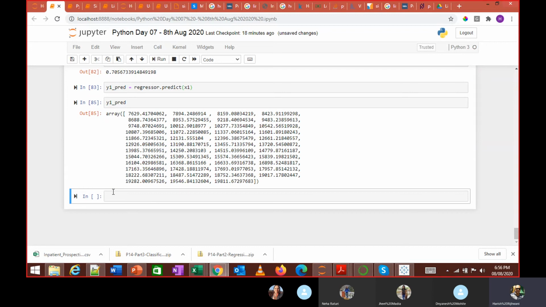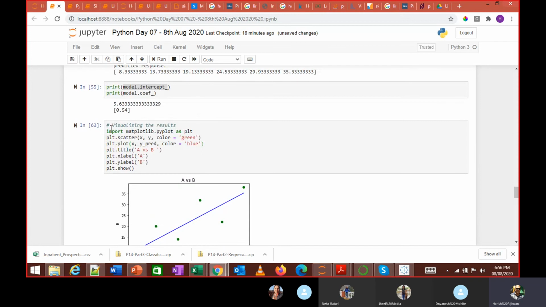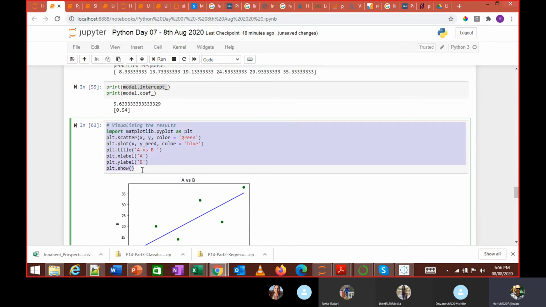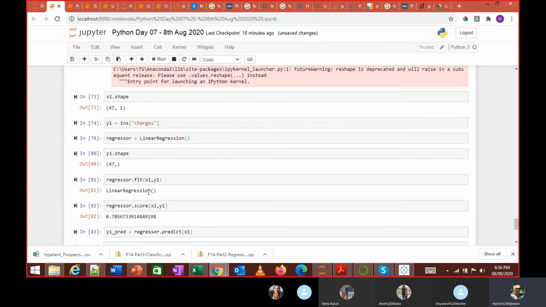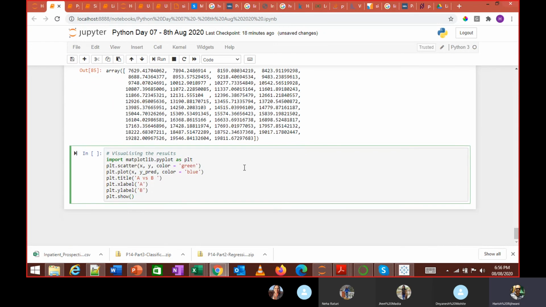Now we'll again visualize this using the plot that we had. I'm plotting X1, comma Y1, X1, comma Y1 pred. So what am I plotting? What is X1?